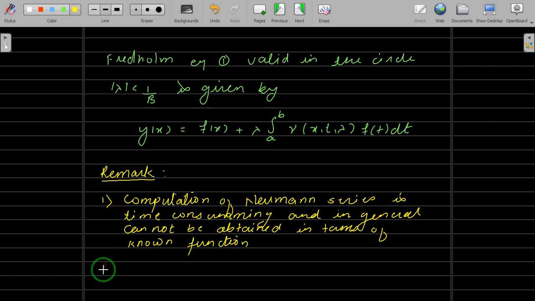And secondly, the integral equation 1 will